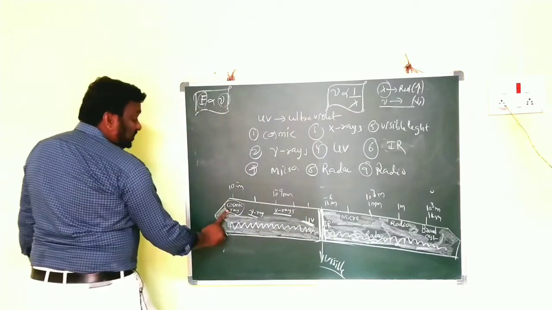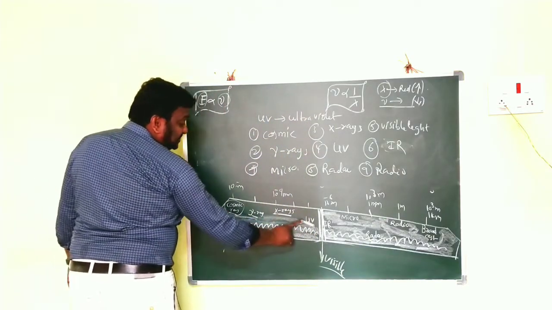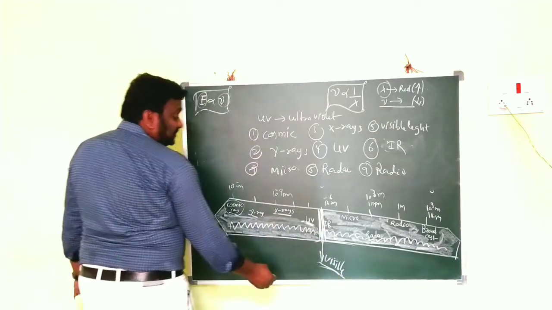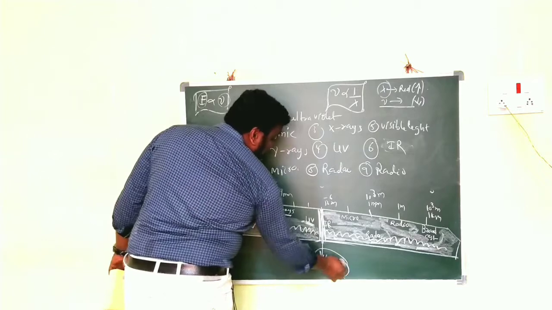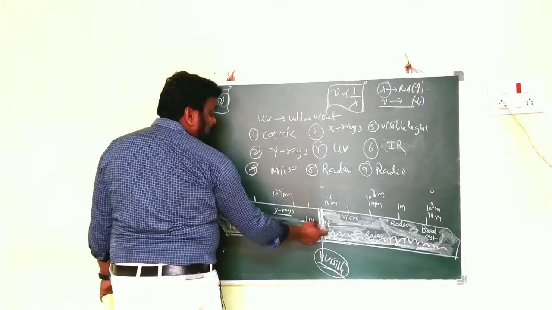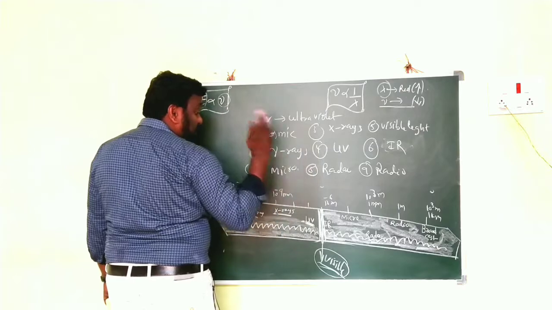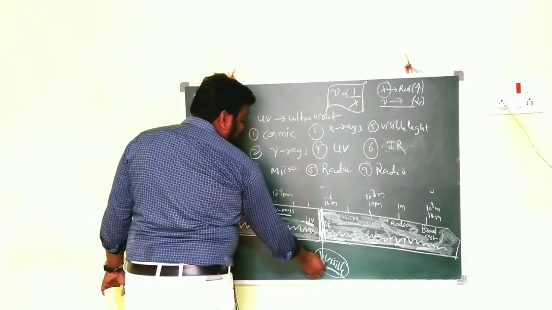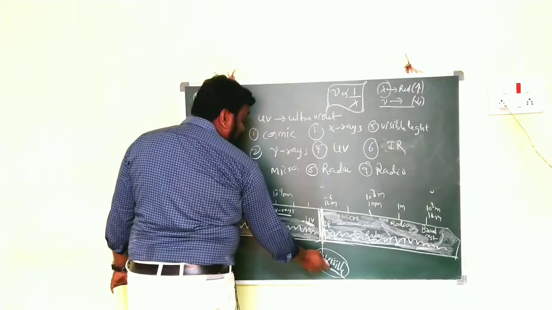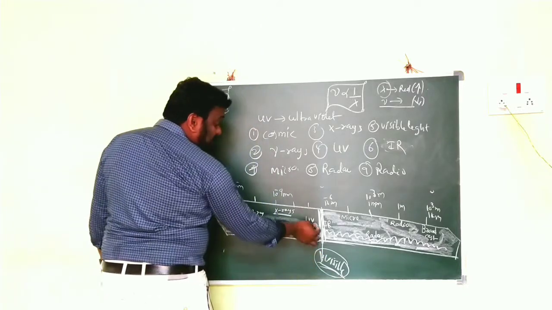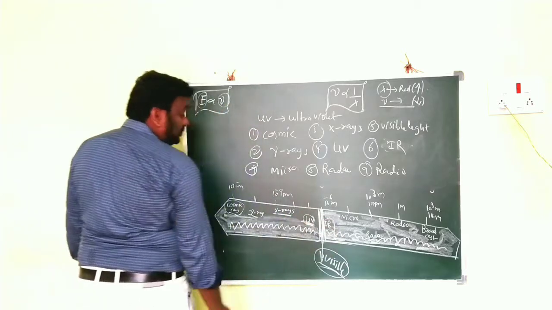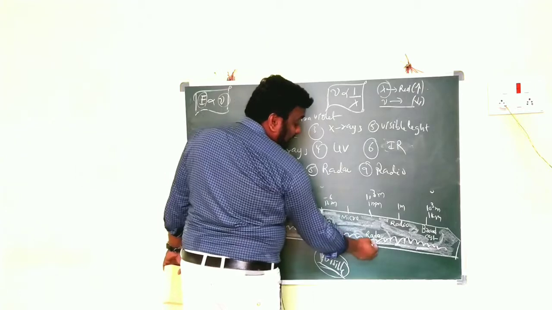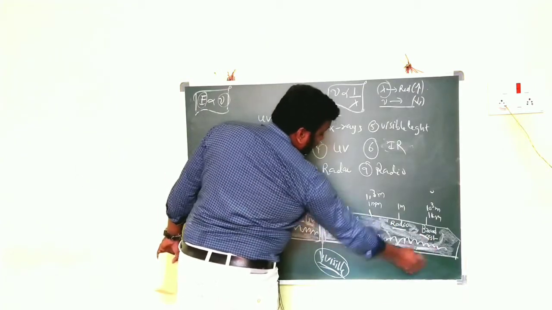Here the first is cosmic rays, gamma rays, X-rays, ultraviolet rays, and then the visible light. So the visible light is available in the electromagnetic spectrum in between ultraviolet rays and infrared rays. That's why you have to remember the order very nicely. Where will we find the visible light? In between the ultraviolet and infrared. Got my point, children? Next are infrared, micro, radar, radio waves, and broadcasts.